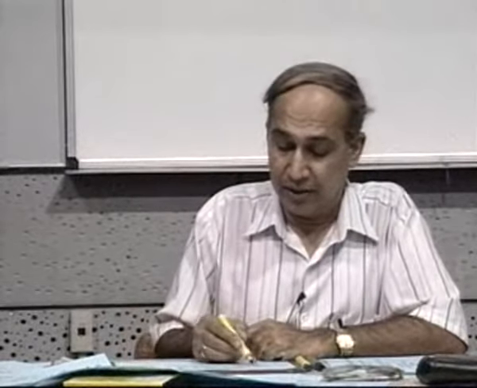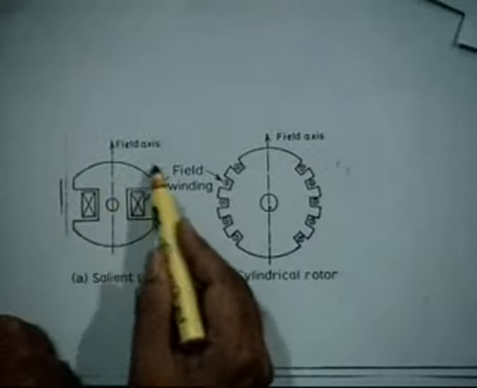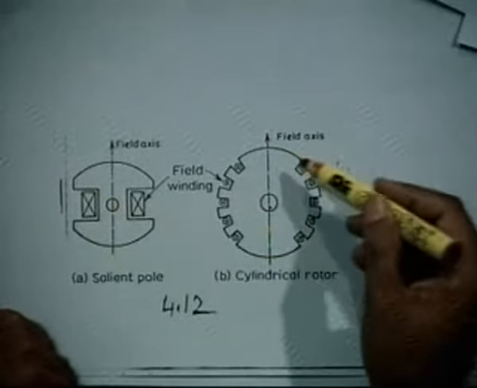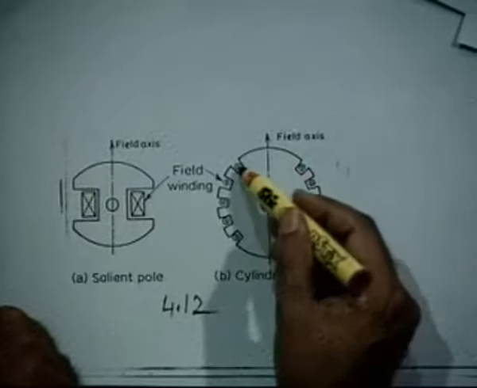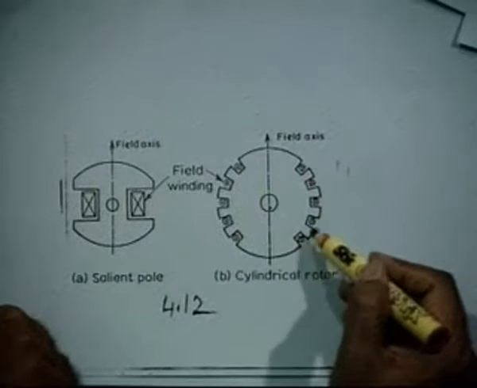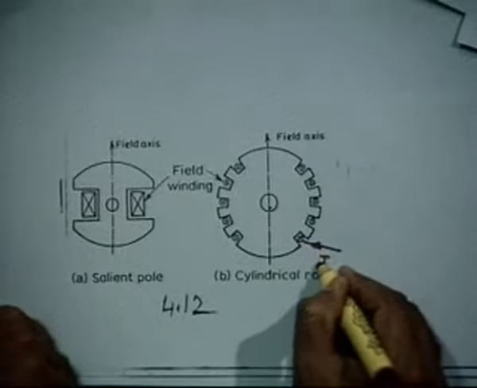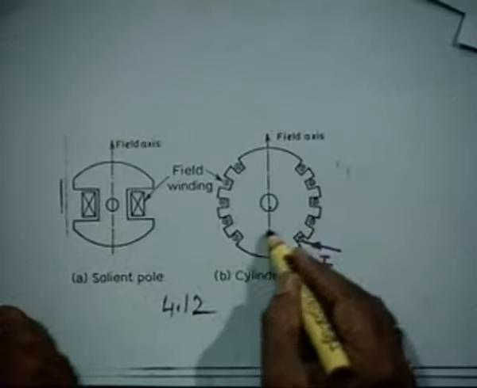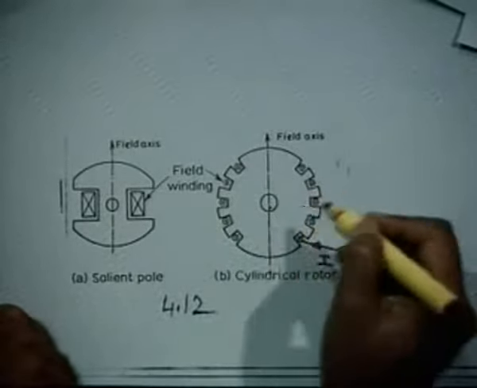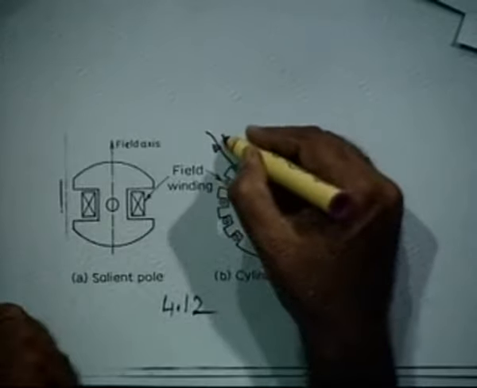And for the rotor, as we explained a little earlier, there are two types: the salient pole and the cylindrical rotor. This is the field winding. The salient pole has protruding poles, whereas here there are no protruding poles. In the cylindrical rotor, slots are cut on both sides through which current goes. The current goes in here, comes out, may go to a second coil, comes out, a third coil, comes out, a fourth coil, and goes out like this.